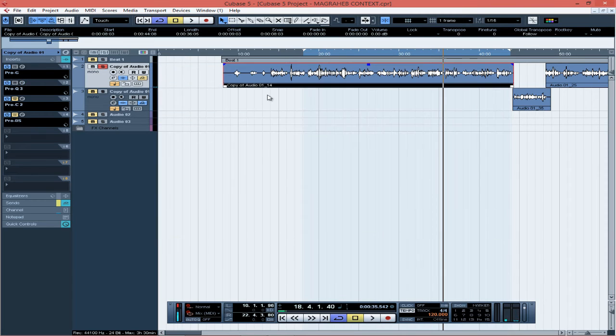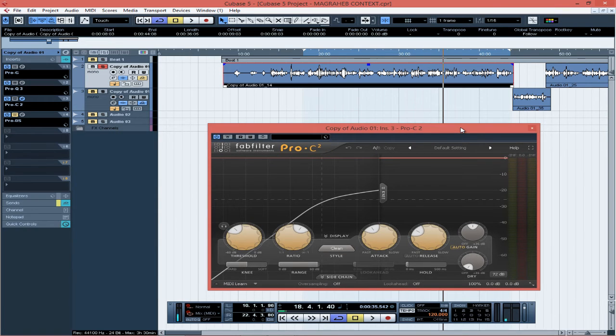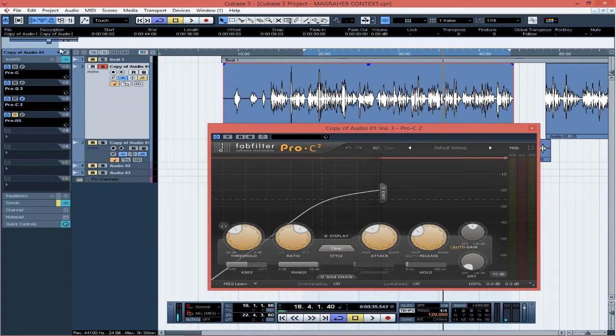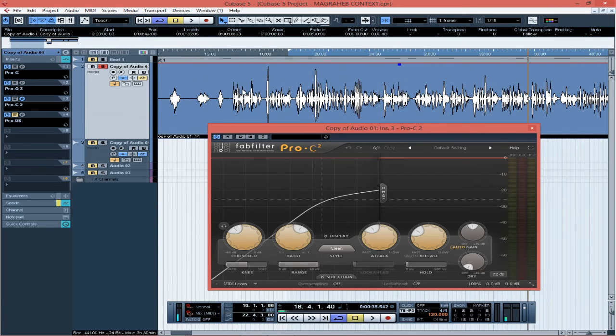Yeah, so this is how I EQ'd the vocals. Then the next one is the compressor. And you know the work of the compressor, yes. Making sure that our lowest part, if you look at the wave over here, the dynamic range, the parts which were not actually loud, you can see that this wave here is much bigger than the ones here. So the compressor is to make sure that we get an even volume, whereby the lowest part of the wave